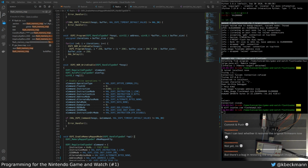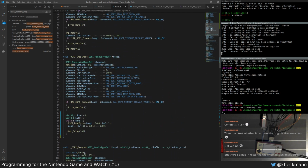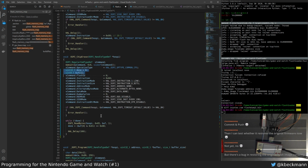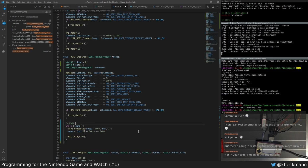There's a bug in restoring the original flash image currently. Okay, that worries me. Why? That's weird, because I haven't really done anything that magic here. I've just changed some commands basically, and I added this while loop where we actually wait for the status register to, wait for this register to,